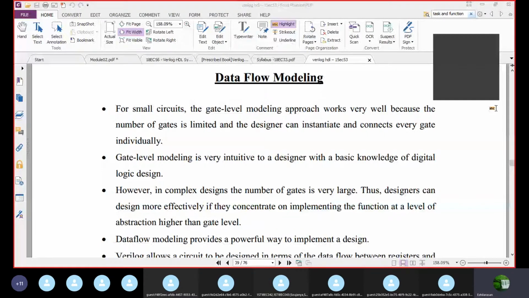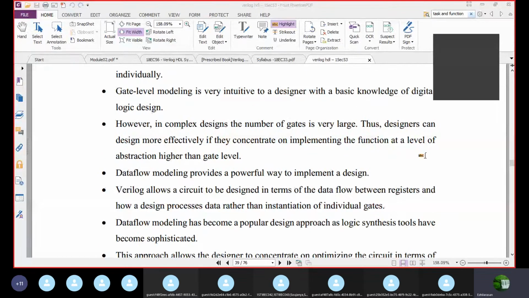But if it is a complex design, say the number of gates is very large, then the designers will concentrate on the implementation and the function at a level of abstraction higher than the gate level, because normally the gate level is a lower abstraction level.